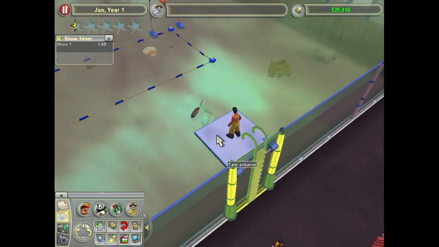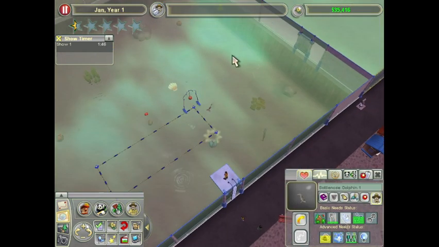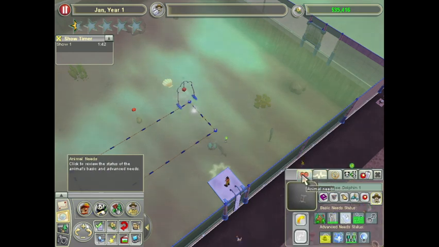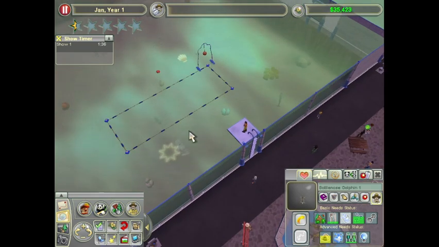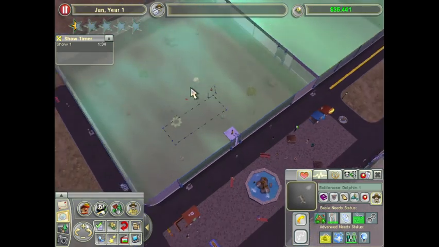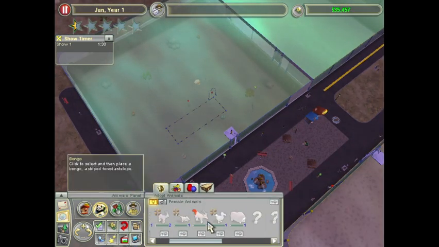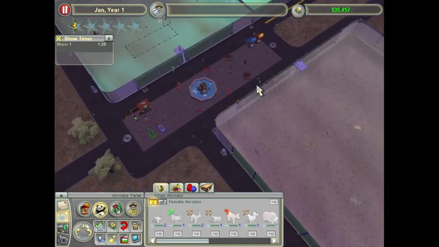Yep, and there he goes. He's training one of them to do the ball trick, I think. Yep. And then once it learns the ball trick, we'll be able to add that into the show. I wonder if it tells me, though, if they learned it or not. I think that would be the big question here. Now, it is also possible...